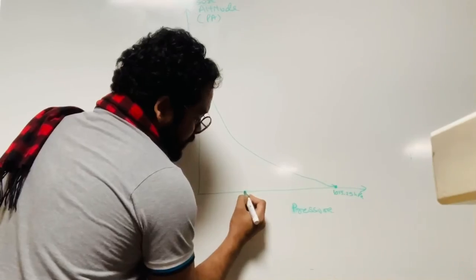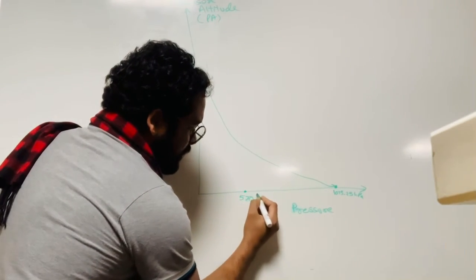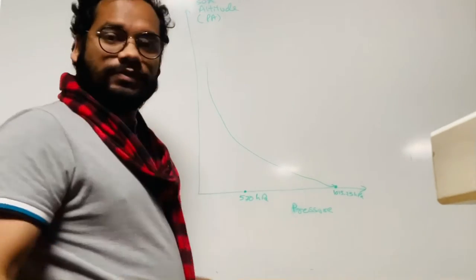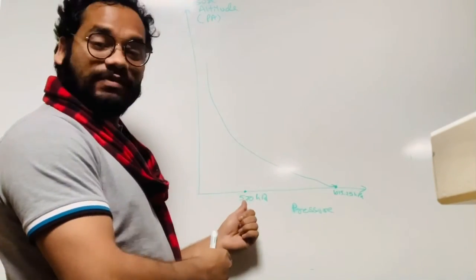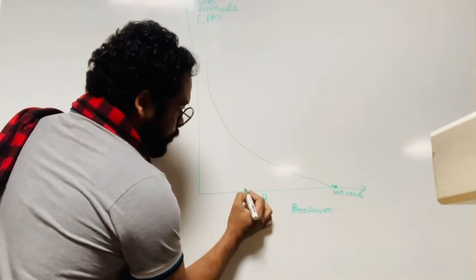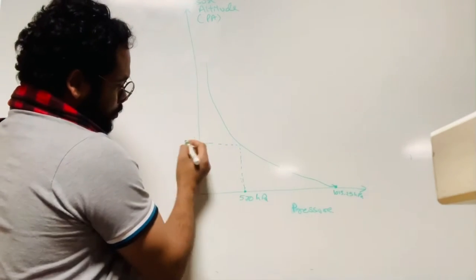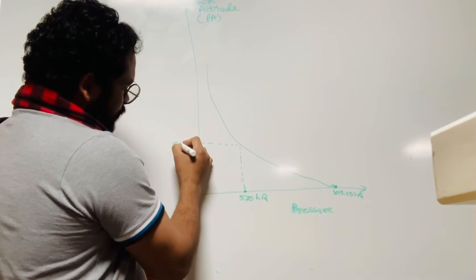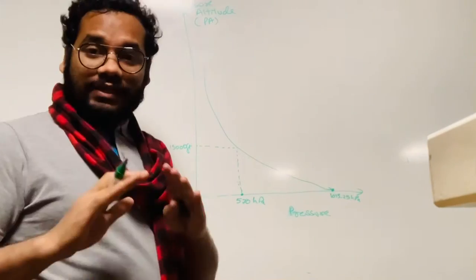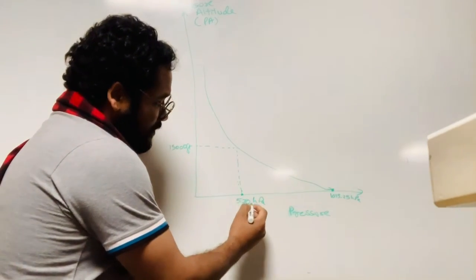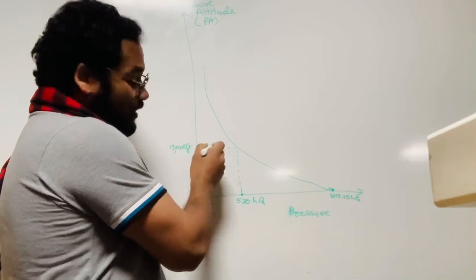Suppose there is an ambient pressure of 570 hectopascal. So we have reached some altitude and the pressure has decreased to 570. How much would that altitude be? Let's find out. Suppose the altitude here is 15,000 feet. That means with a pressure of 570 hectopascal, the pressure altitude will be 15,000 feet.